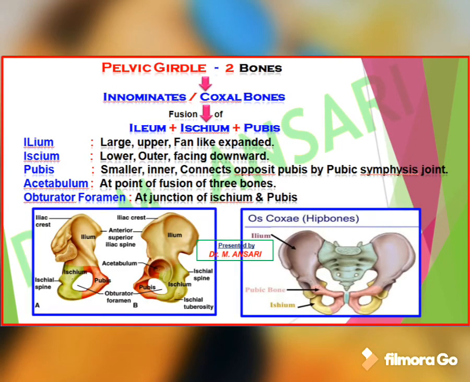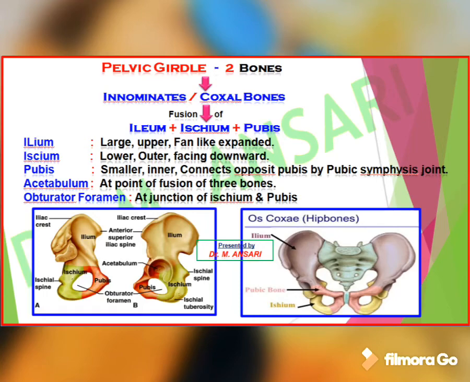Pelvic girdle or hip girdle consists of 2 innominates, which are also called coxal bones. Each coxal bone is formed by fusion of 3 bones. These are ilium, ischium and pubis. The ilium is the large upper fan-like expanded bone. Ischium is lower, outermost, facing downward, and pubis is smaller, inner, and it connects to the opposite pubis by a